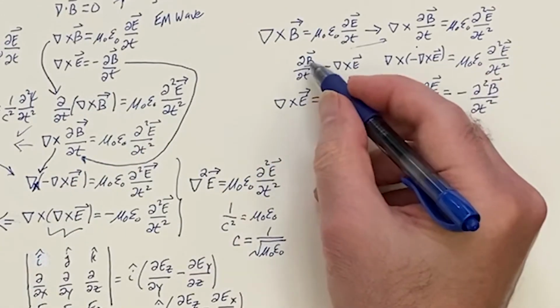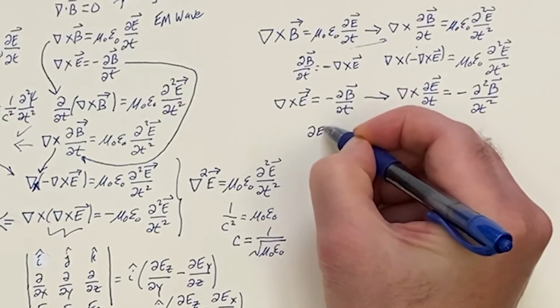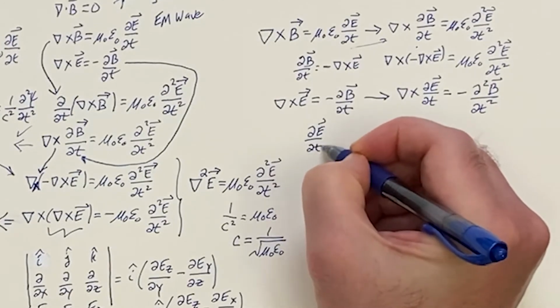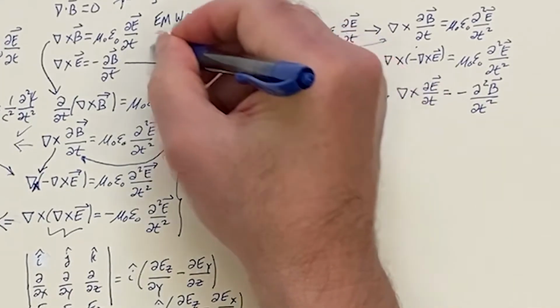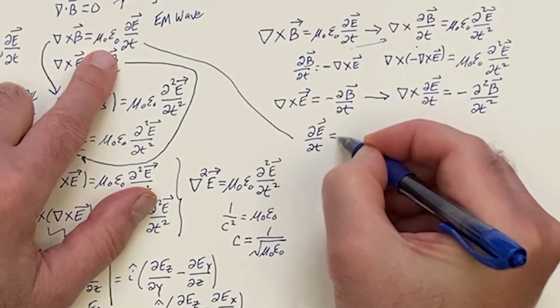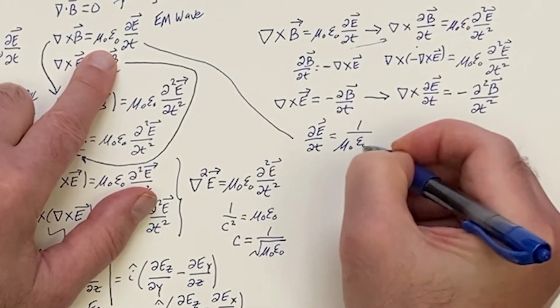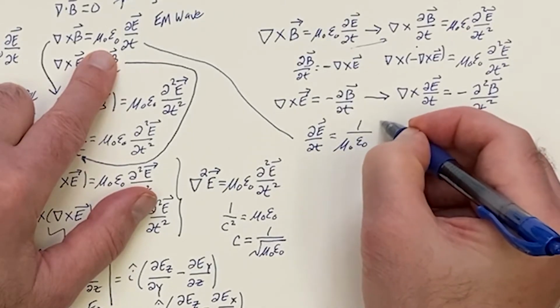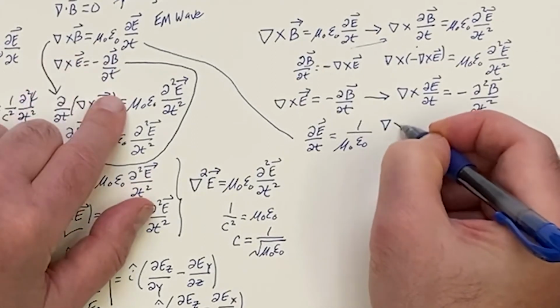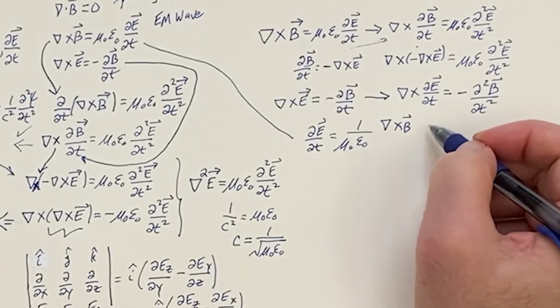Then what did we do? We looked at the derivative of B with respect to t. Now we want to look at the derivative of E with respect to t. And that would be this one up in here. And that is equal to 1 over mu naught epsilon naught, and that is then the curl of B. So when we plug that in,